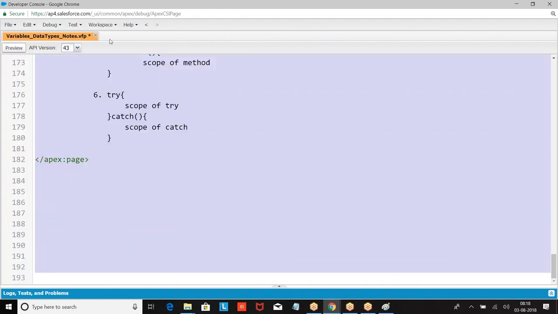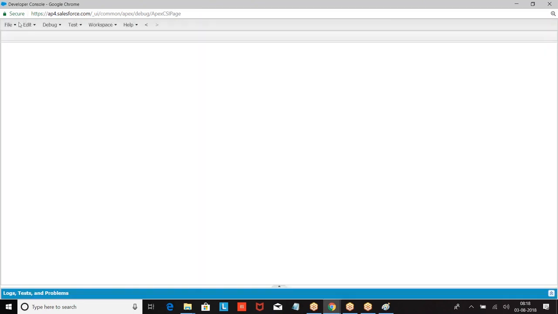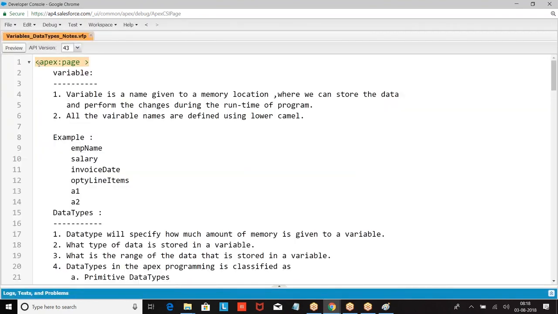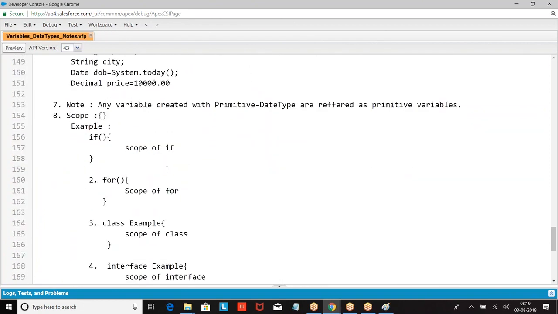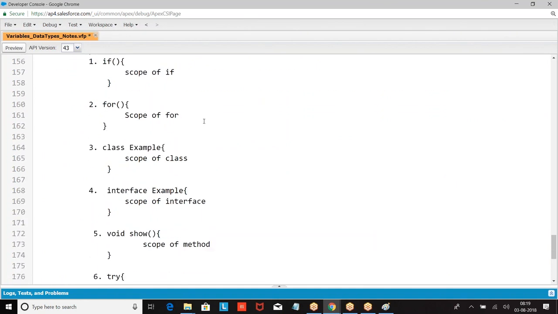Are you getting my point? So every functionality will have the corresponding scope. The flower bracket indicates scope, and you decide whether it's a scope of if or for as per the context.